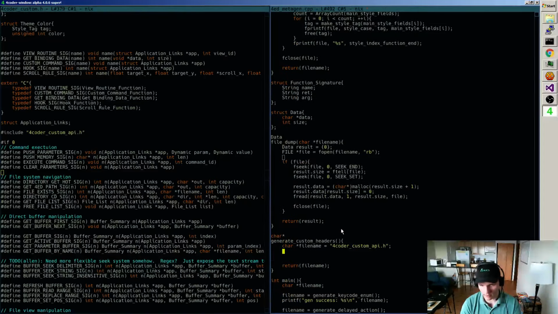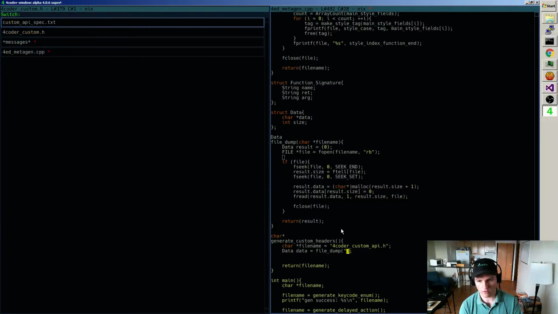Okay, so now I can get that data out of the file. So let me do file dump. File dump will open up the, what's it called here? Custom API spec txt.